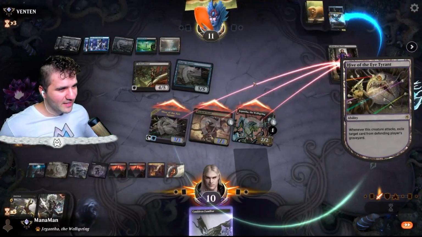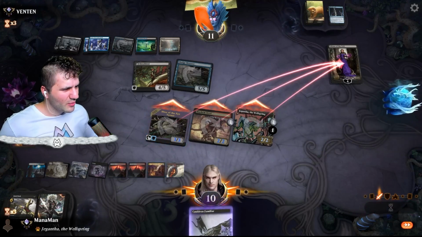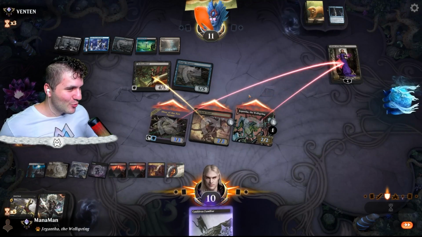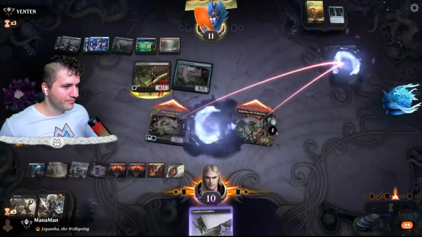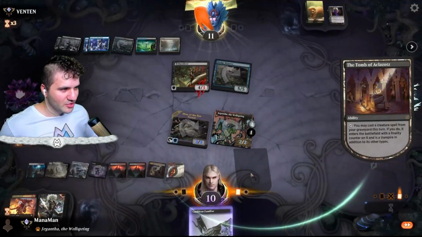Let's go and get rid of this thing in case they proliferate. Let's go ahead and get rid of you, just in case we don't want you to come back. So I think we got a little bit of value out of the Hive of the Eye Tyrant, but yeah, we're gonna go for this tomb again. So the Mayhem Devil, yeah, they're gonna kill that. Okay. Fine. I'll take my, but that one comes back to the graveyard,